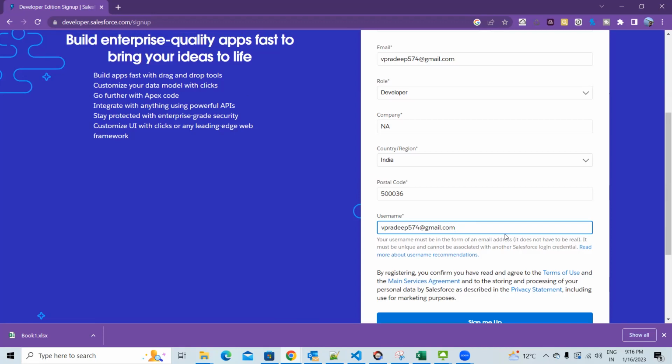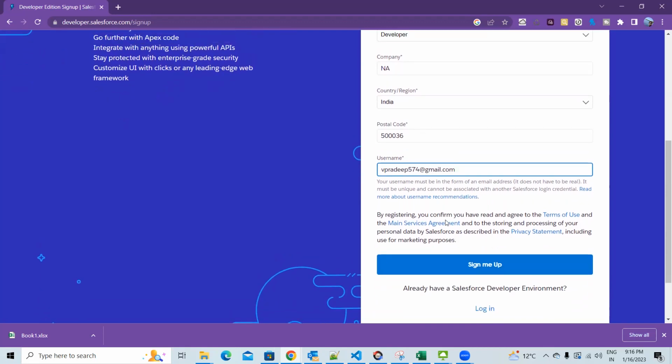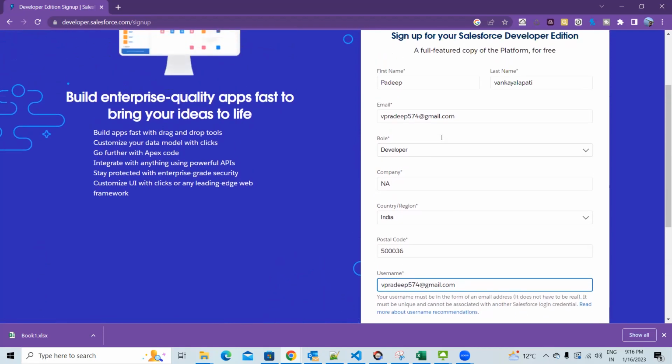This is only for the case where you already have an account with the same email address. Because Salesforce is very wide, you may have created an account and forgotten. One option is to reset your password. Another is, if you are planning to create a new account, just change the username and go for it. Pradeep, any doubt on this page?